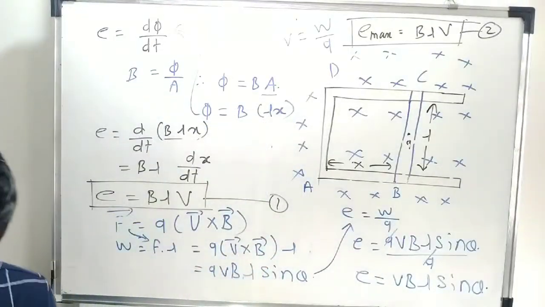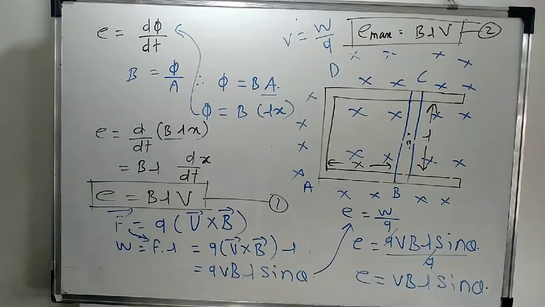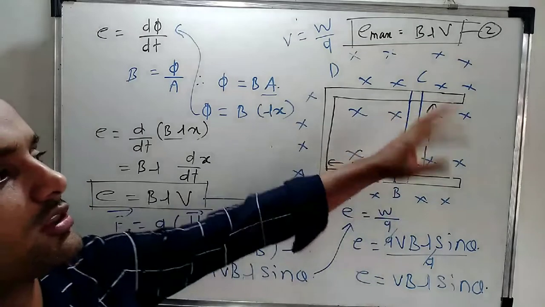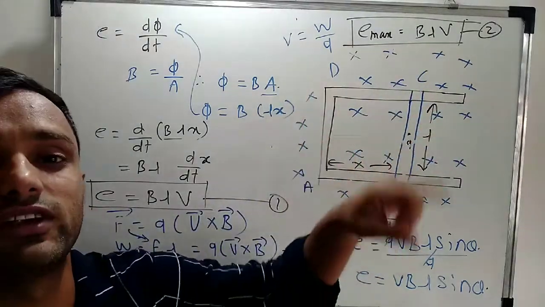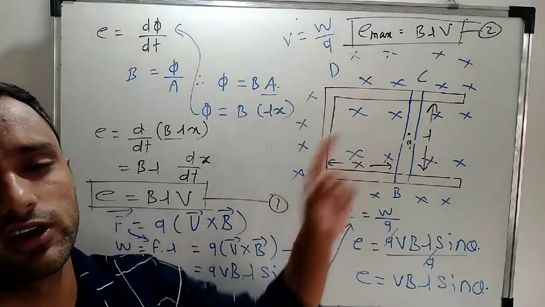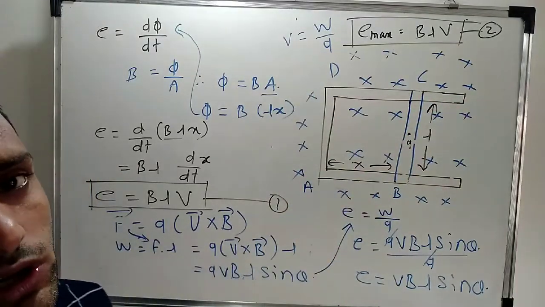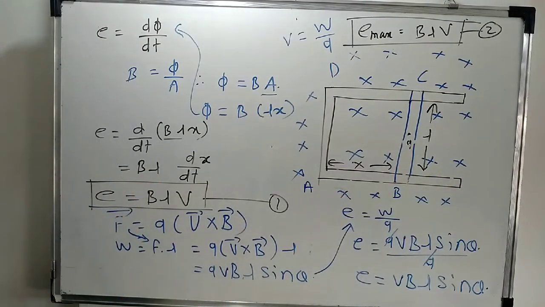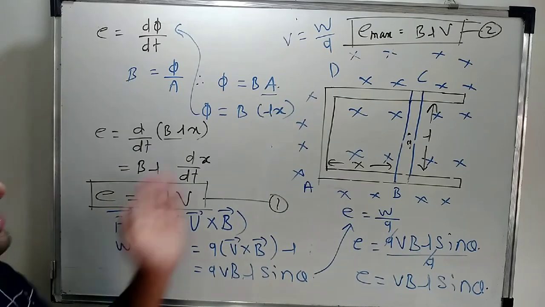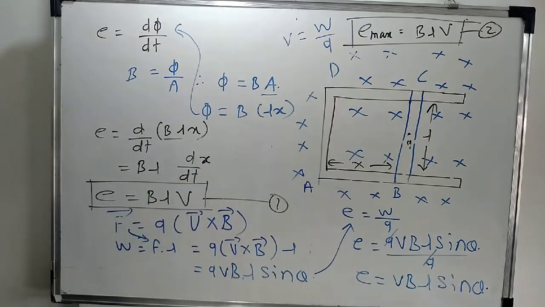The law is given as: in a region where the magnetic field is changing with time, an electric field is generated. In a region where the magnetic field is changing, it produces the electric field as well. So an electric field is also produced across the conductor when there is a change in magnetic field across the conductor. This is the new law given by Faraday.